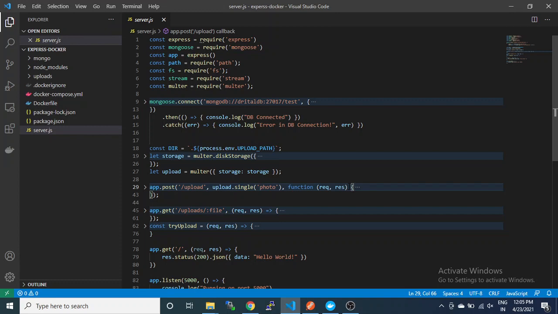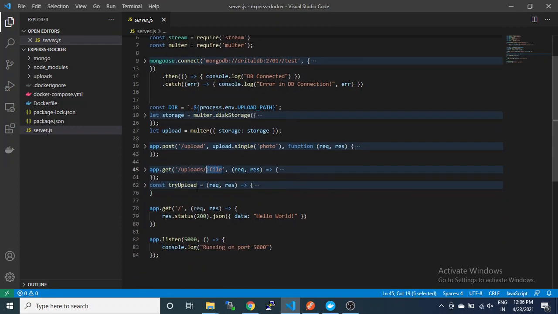You have to mention it in the Docker Compose, where you can save the file, because we have created the variable uploaded path which is included in the process environment, from where it will be configured. And to retrieve, we have created another get method, uploads, and the file name will be a dynamic name.